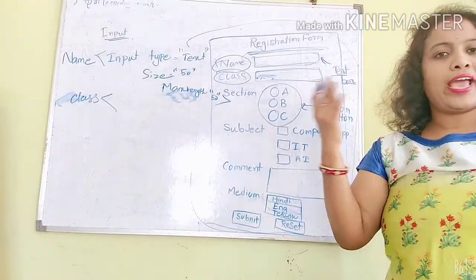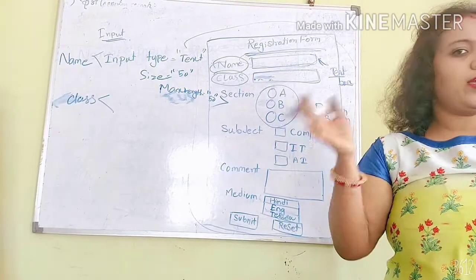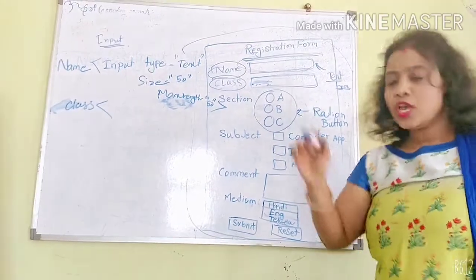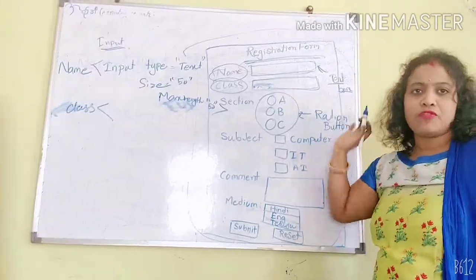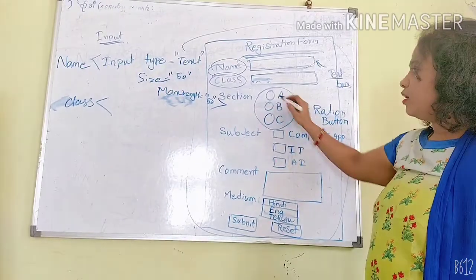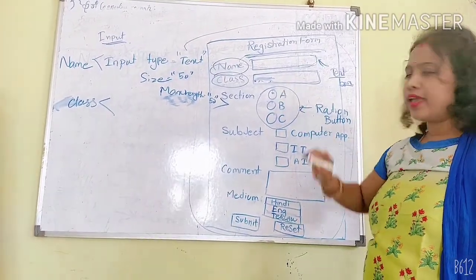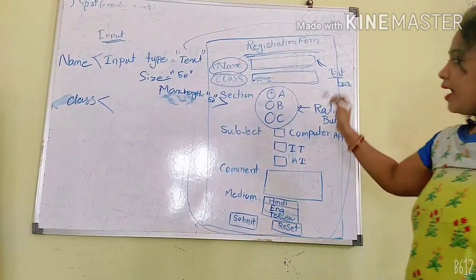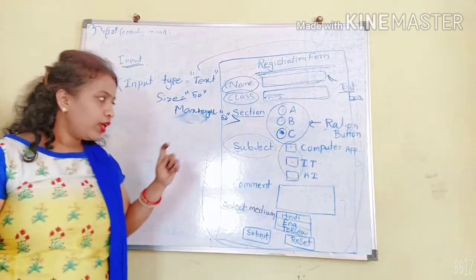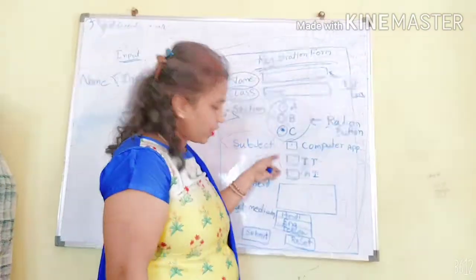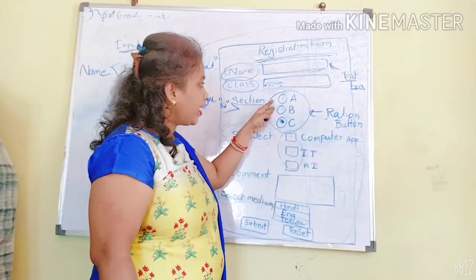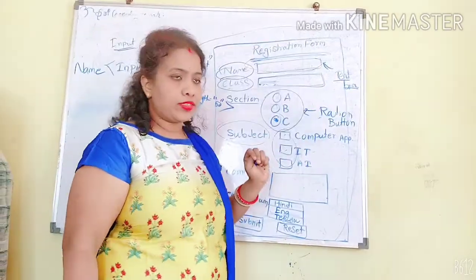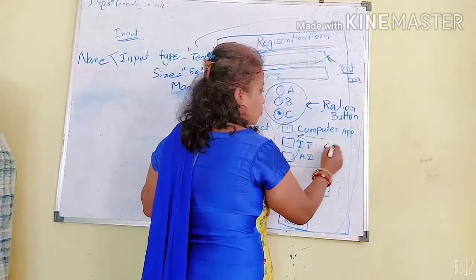As a student of any class, you can't sit in both sections, you are not registered for many sections at a time. That means you just select one section, right? So whenever you click on A, you can't choose B and C. And again, next is subject. Here I'm using three buttons like the radio button, but in the radio button we use circles, and here we are using squares. These are called checkboxes.